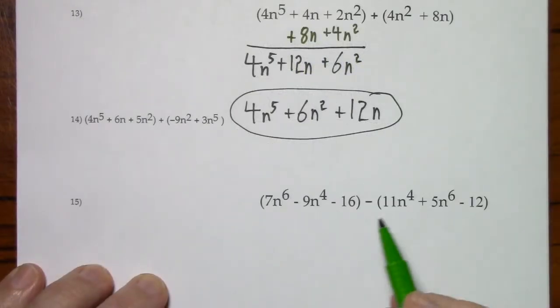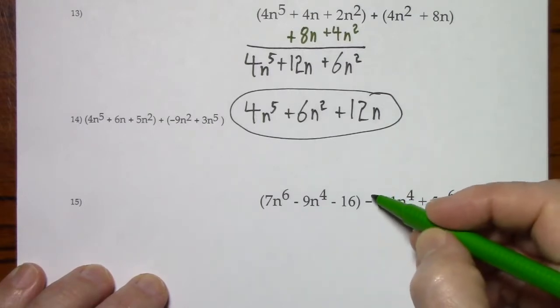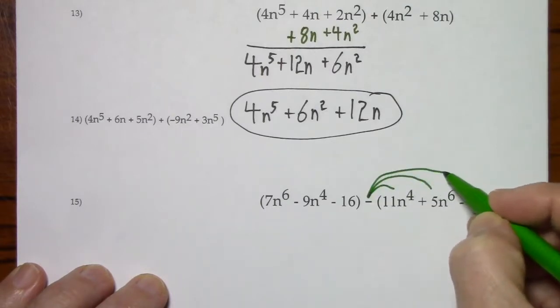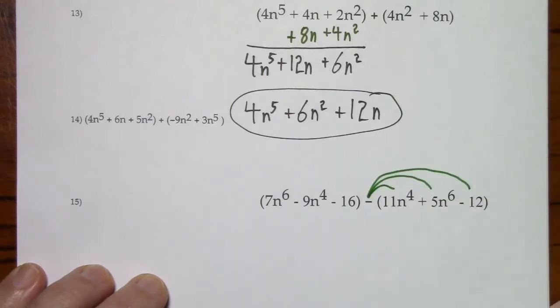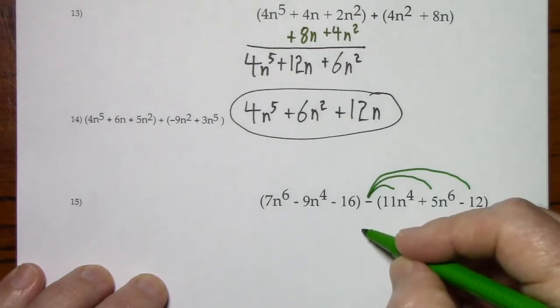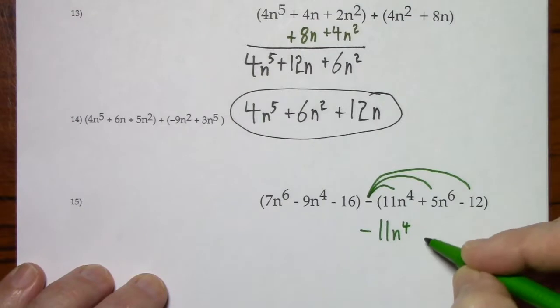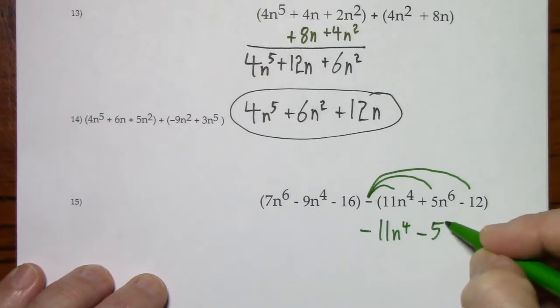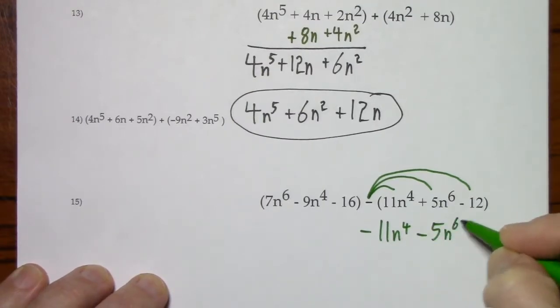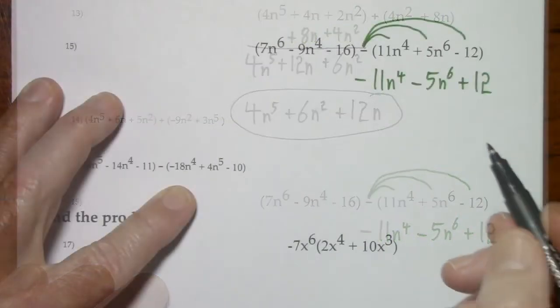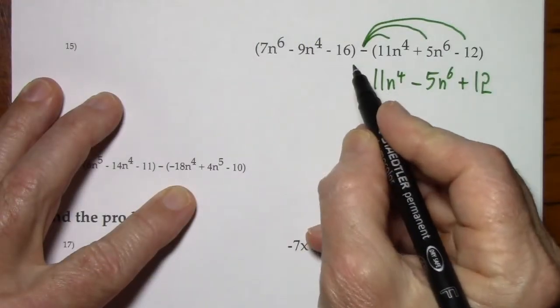Now looking at this problem, we have a negative in front, so you can think of it as a negative 1 if that helps. But either way, you have to distribute this negative to each term inside parentheses. So this will give us negative 11n to the 4th, negative 5n to the 6th, and a positive 12. So our original expression,